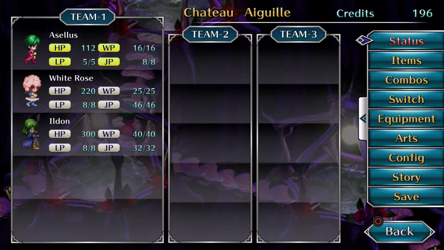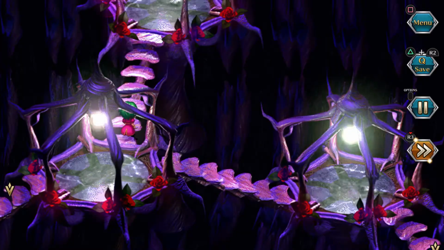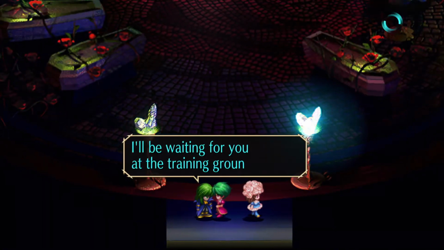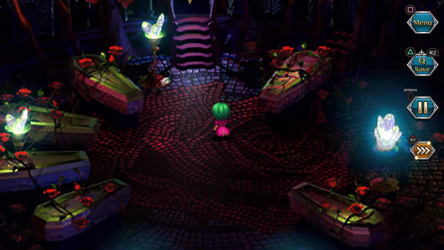basically, you just want to go around the castle. You don't want to know about the pilot yet, but you want to go around the castle a few times with White Rose and Ilden. If you recall, when we did that last time, Zozima was in our room and he talked to us. Do that one more time with Ilden and White Rose. Go to your room. They'll leave you, of course. And then